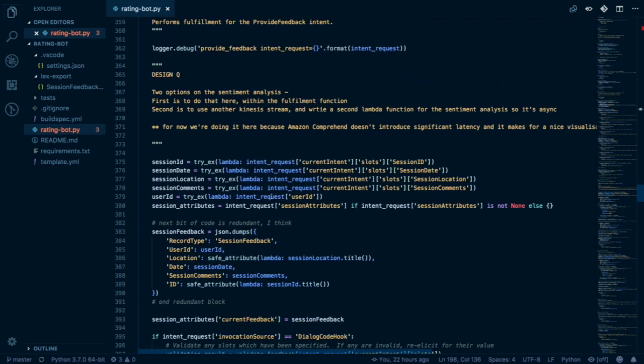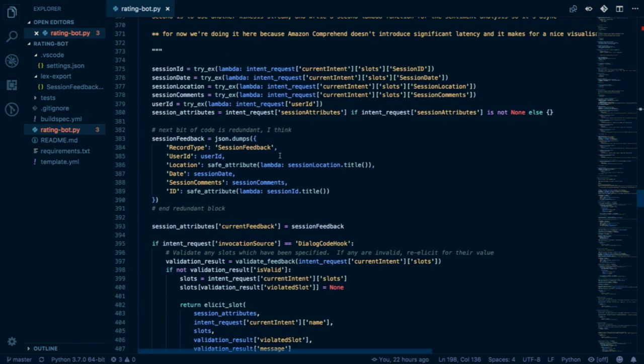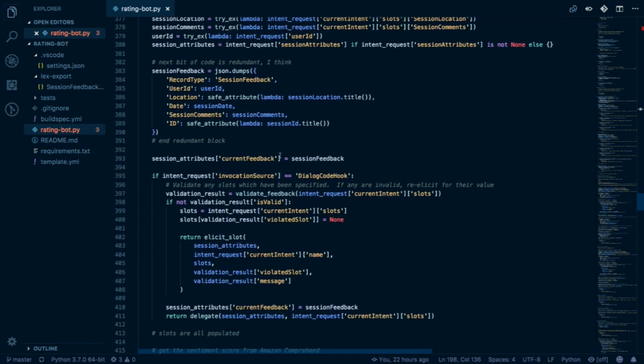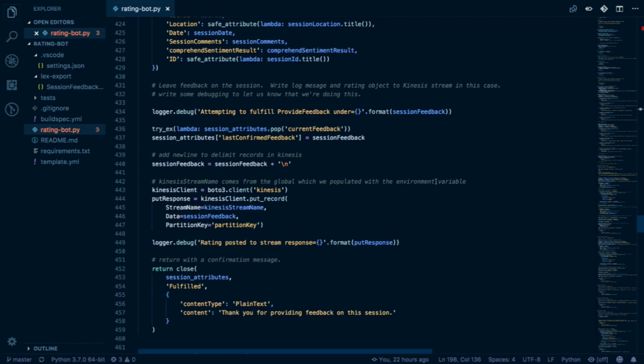And you can see that we have code here for validation. So we're looking at things like the date, we're looking at the value of the city field to establish whether or not these values represent valid values for this particular usage case. And if they don't, we'll reset those slot values to empty and return back to Lex with an elicit slot next step, where we will ask another question and try to move the conversation forward so we can collect the information that we need. If we do have a fully valid request, then we'll move on to fulfillment.